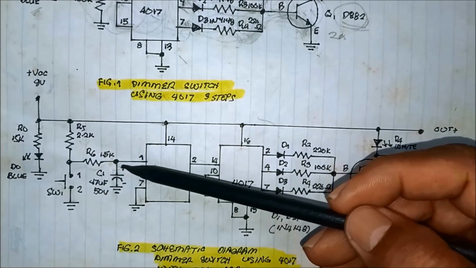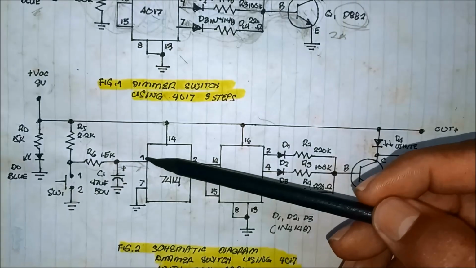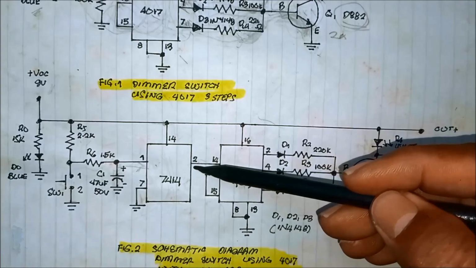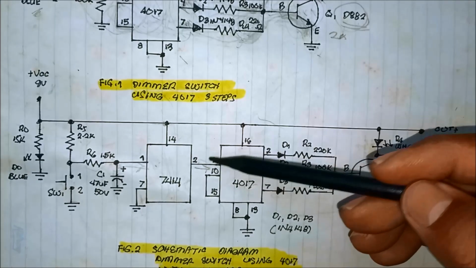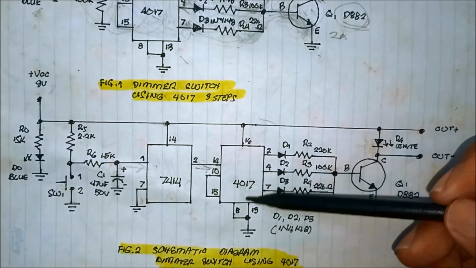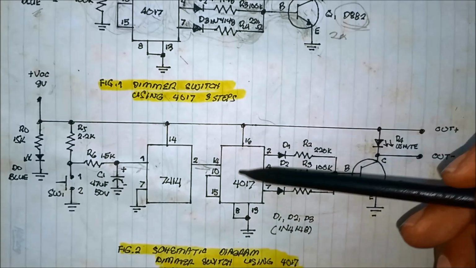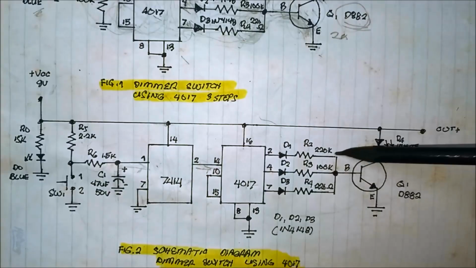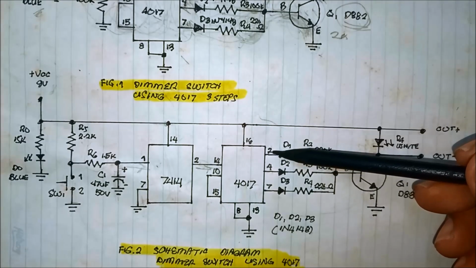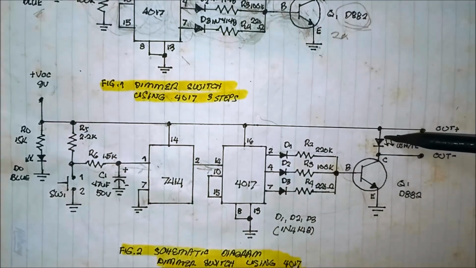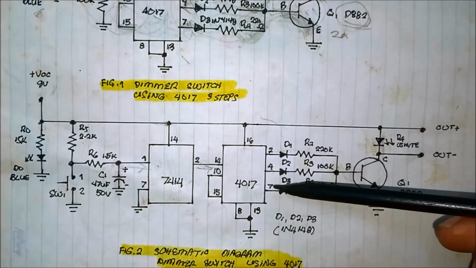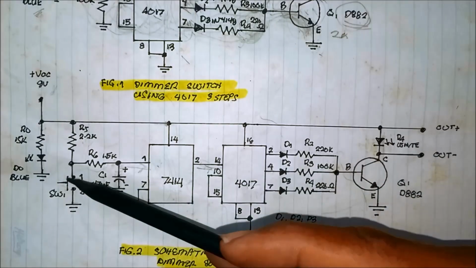So it will inject a current through pin number 1, causing pin number 2 to output a current here. You're injecting a current into pin number 14 of our 4017. So it goes the same. Pin number 2 will turn on, and then it will turn on the dim LED,